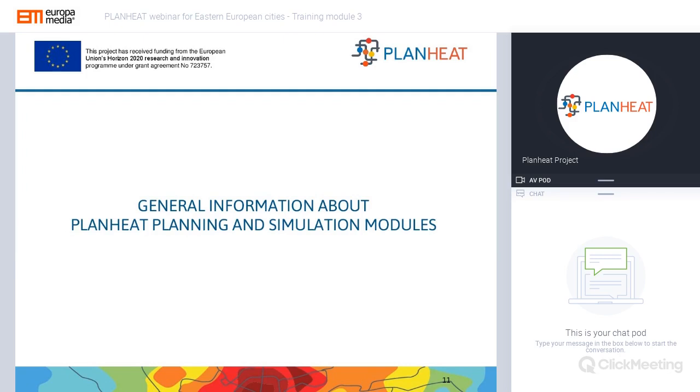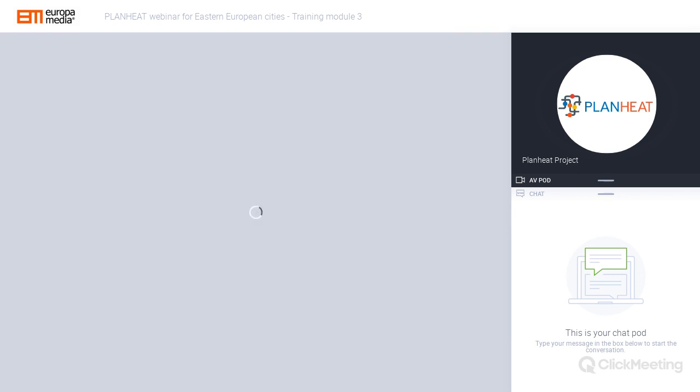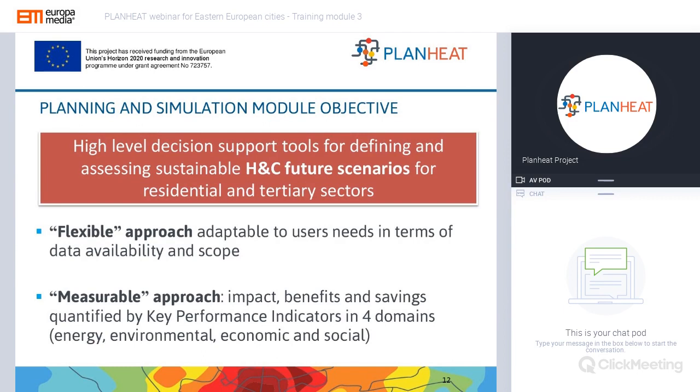So let's provide you some general information about the PLANHEAT planning and simulation modules. The most important thing to say here is that it is a high-level decision support tool for defining and assessing sustainable heating and cooling future scenarios for different sectors at residential and tertiary levels.